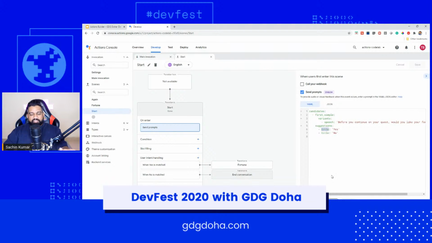When we actually test this application right now, you'll get to see these yes and no as suggestion chips, just like how you see over here. You'll see it directly on your smart display. So whichever surface has a display, you'll get to see these suggestion chips. That's one way of actually letting your user know, okay, this is what I need to do. So maybe I'll have to either click on yes or say yes. Now, based on this yes and no,